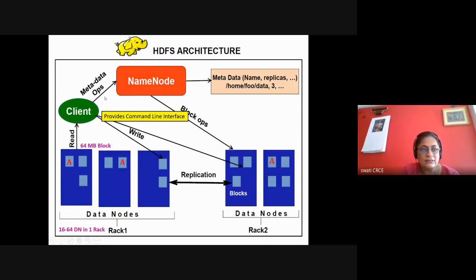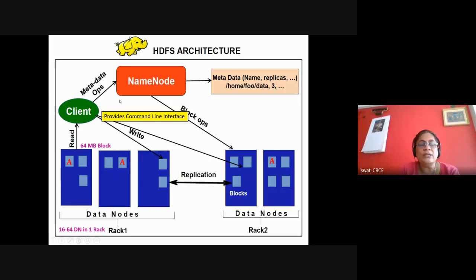Like this is the client and the cluster, and between them there is a command line interface. Like you get a dollar prompt in Linux, or you have the C prompt in DOS, like that you get an HDFS prompt. Even when you are executing Python commands, you get a Python command line prompt. In front of the prompt, you can give the command to execute your program, or to execute an HDFS command to store the file, read the file, or write the file.